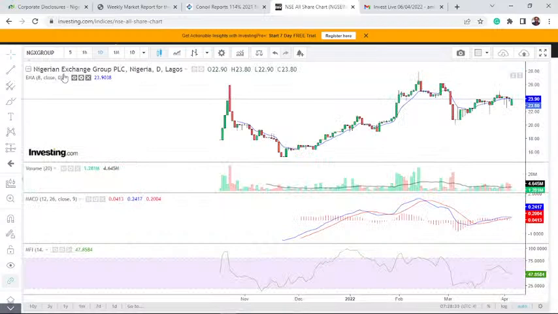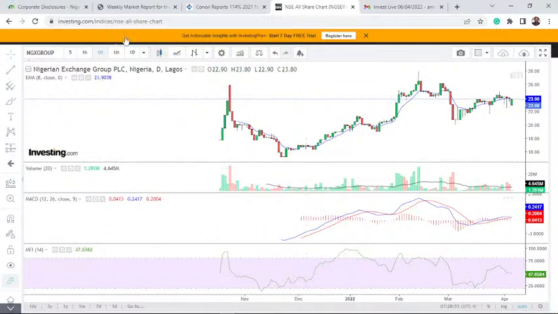NGS, I'll tell you, on a day chart it's not looking too good. You can see that it's already trading below the T line. This is the T line, and it's below the T line, which tells you that all is not well at this point. You can see money flow is looking down. Also MACD is about crossing low and down. That is not too good.